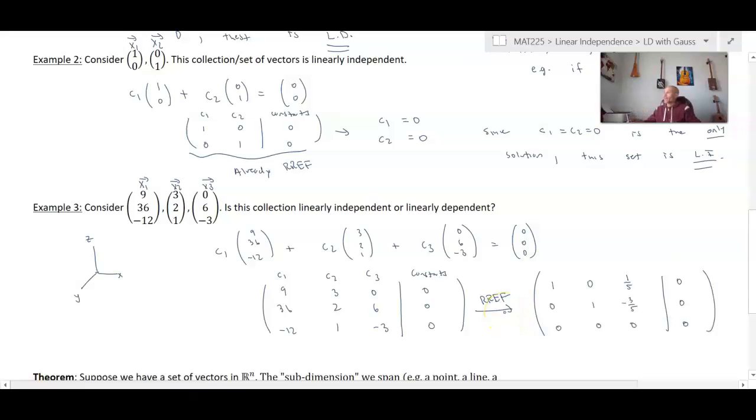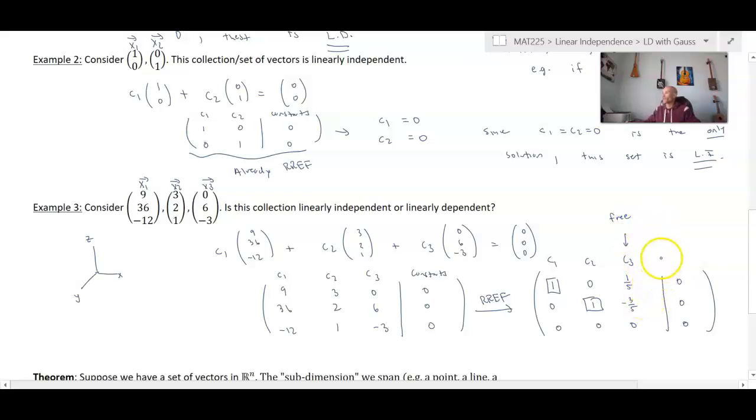So here I have it, and we look at this and we see that for our variables, well, first of all, we do have a solution. There's not a row in which there's, say, 0 equals 5, so nothing funky going on. And in the first row, our leading one is in the C1 column. Row 2, our leading one is in the C2 column. Row 3 doesn't have a leading one, so that means C3 did not have a leading one in its column,